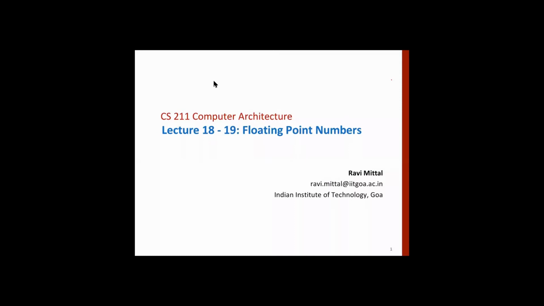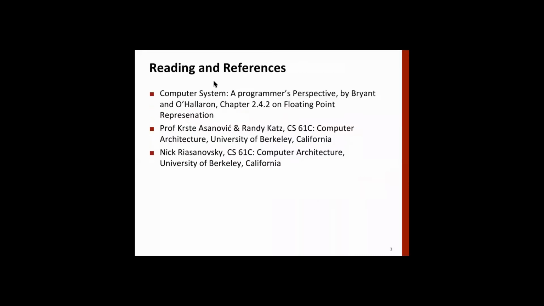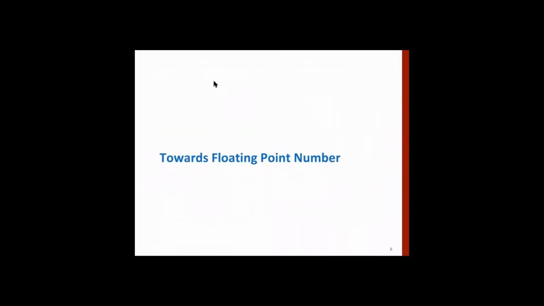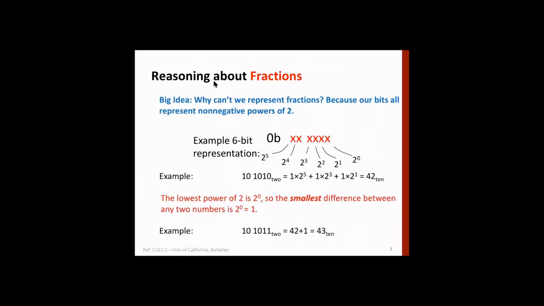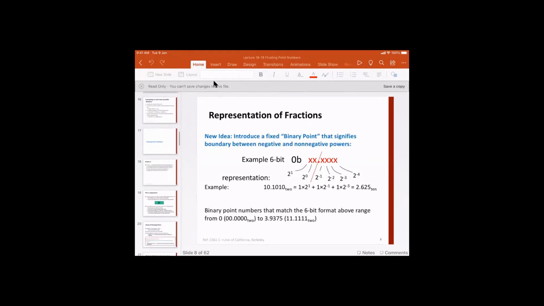Because if you see the integers, the difference between two integers is 1, 1, 2, 3, 4, right? So 1 is the difference, but between two floating point values there can be millions of numbers. How closely we can go to 0 on either side depends on how we design our floating point number. We have seen all this in the last class, so we'll not go through it all over again. Let me just scroll this way.